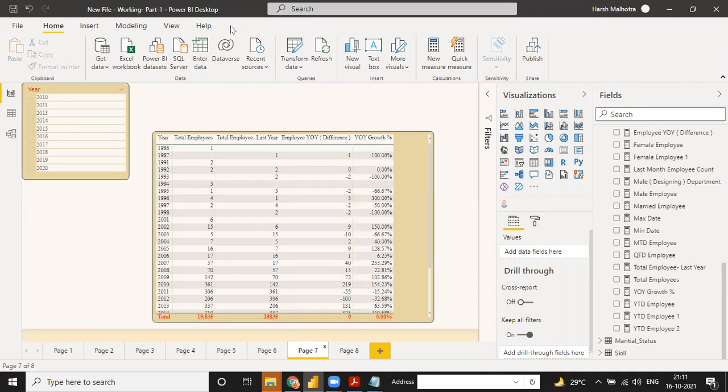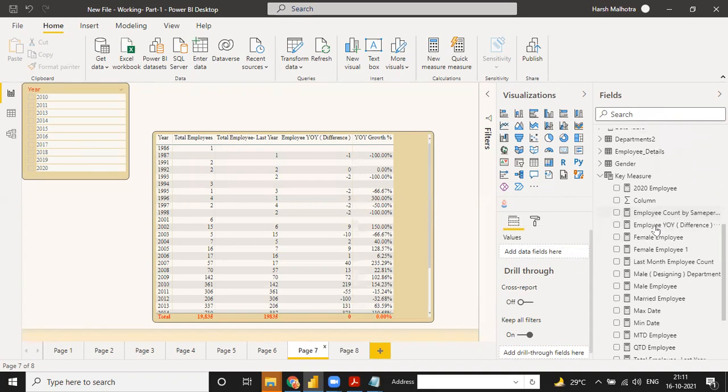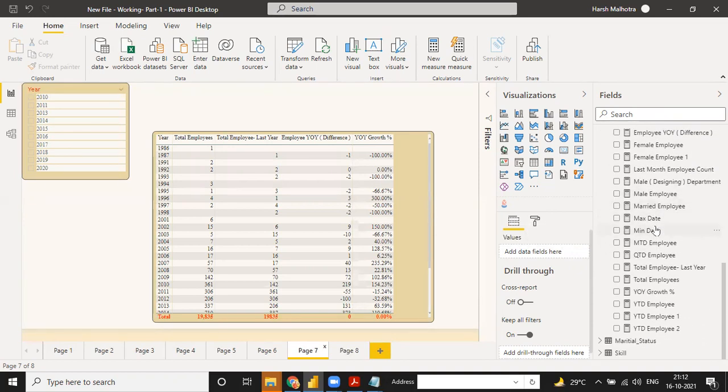So now do you have any doubt in this or not? Tell me, anyone, related to YOY or related to last year, previous year, same period, this kind of function. If you have any doubt, you can ask me now. YTD, MTD, YOY, same period, right? And what all functions: same period, parallel period, date add. YOY growth, the difference between last year and current year, is blank. This kind of function we are using today. If you have any doubt, you can ask.